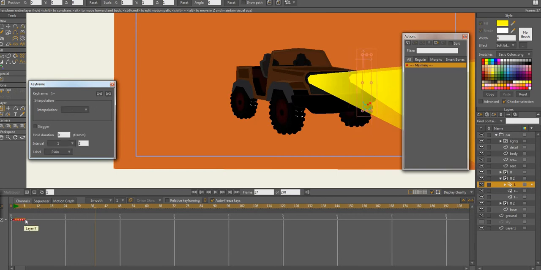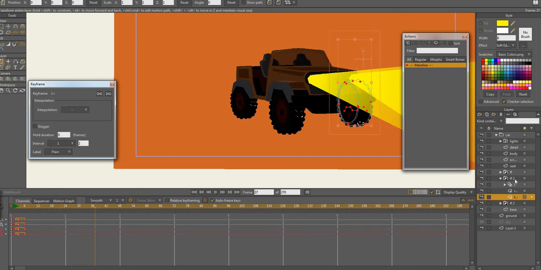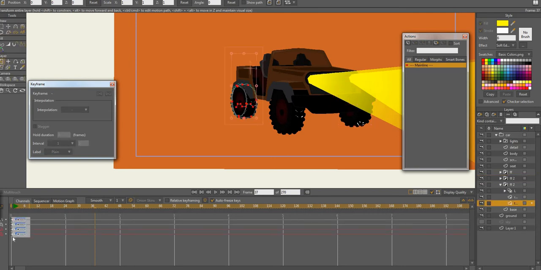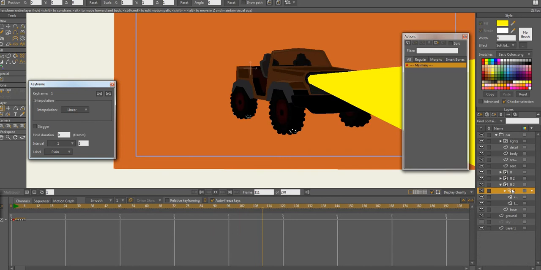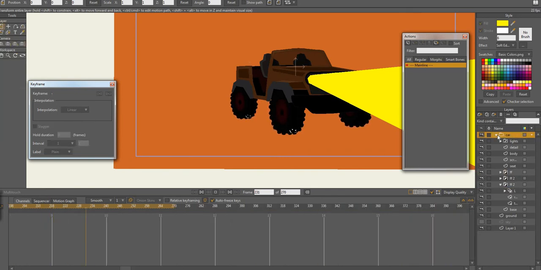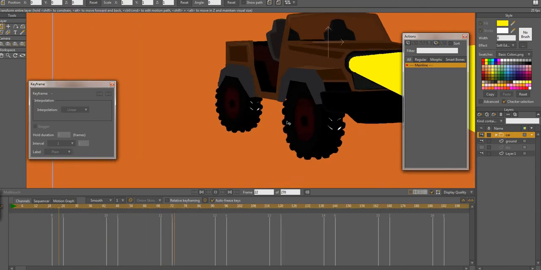Just a fraction out, and then we go to the other one, to the bottom one, and drag it a fraction out also. Drag it down just a fraction there, and then so it's different. So we have that animating already,